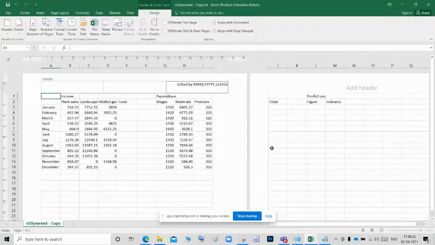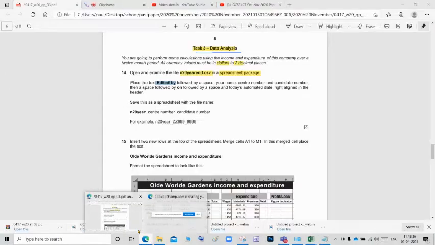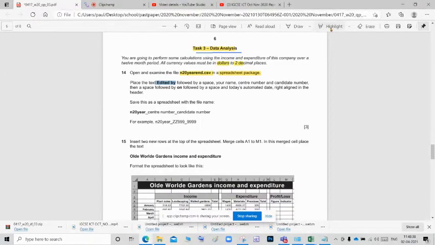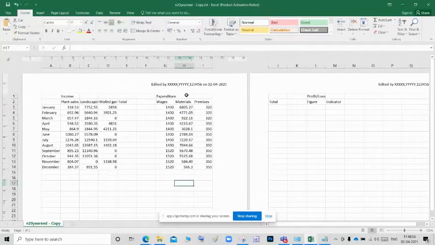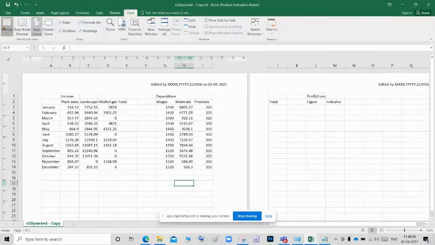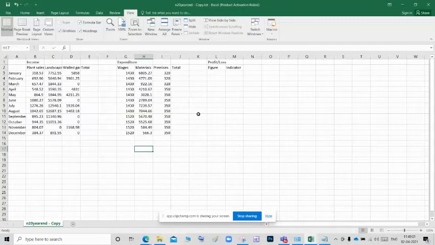We can type on in small letters, and they are asking for today's automated date. So we want to give today's automated date. Go to the header, type on, a space, and click Current Date. If you click in any other cell, we will get it like this. Go to View and go for Normal. We got the value.